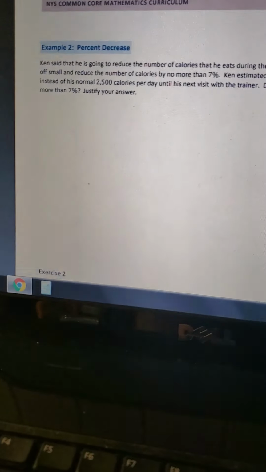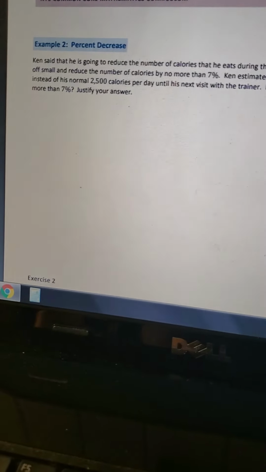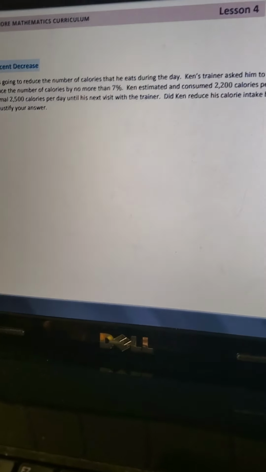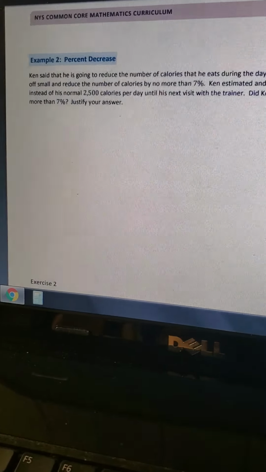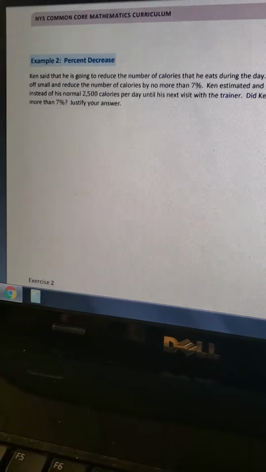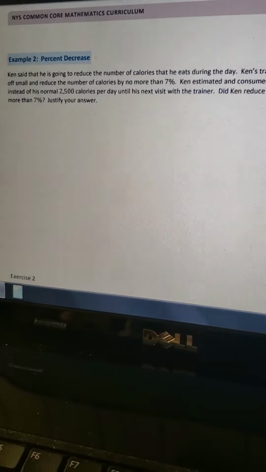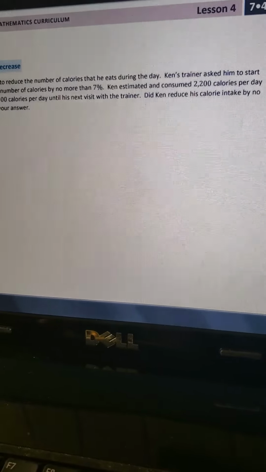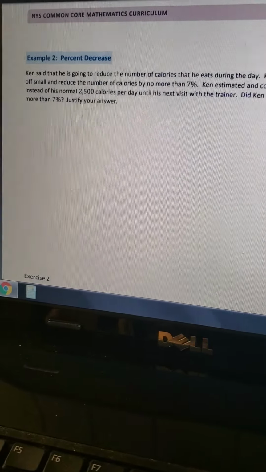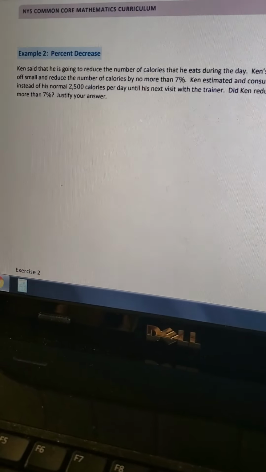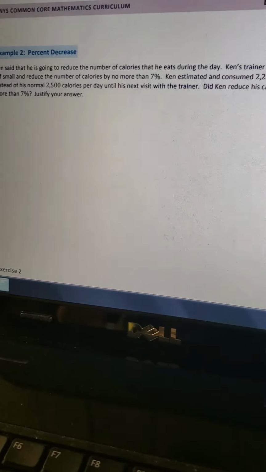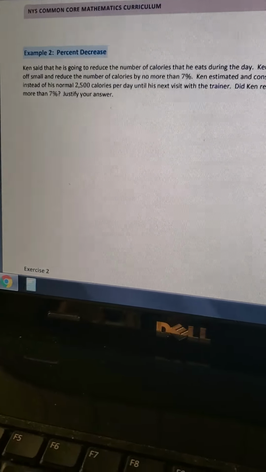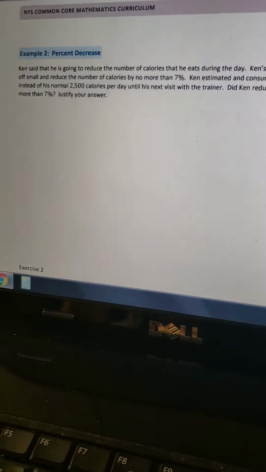Okay, so this is a lot of words, but it's not that difficult. As Ken said, he is going to reduce the number of calories that he eats during the day. Ken's trainer asked him to start off small and reduce the number of calories by no more than 7%. Ken estimated and consumed 2,200 calories per day instead of his normal 2,500 calories per day until his next visit with the trainer. Did Ken reduce his calorie intake by no more than 7%? Okay, so